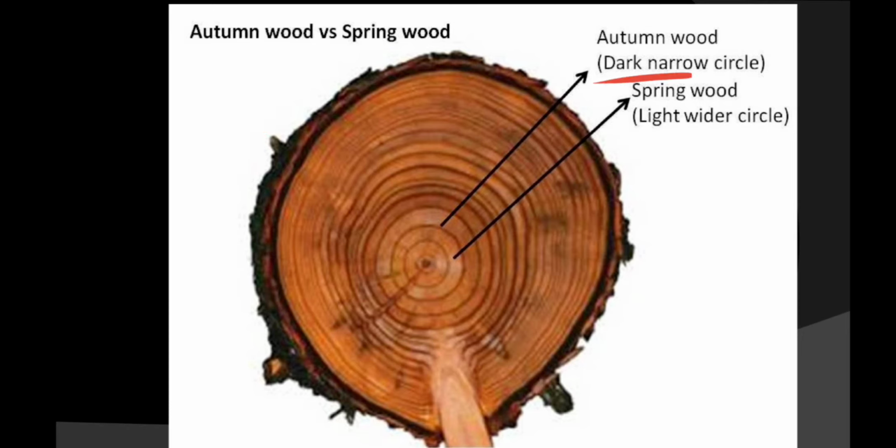So the dark region you are able to see is your autumn wood. But as the spring season comes, the cambium becomes more active and it starts forming secondary xylem with thin wall and more wider lumen. So the wood color is quite lighter. So here you will see light wood is there, dark wood is there, means spring wood and autumn wood. In this way, the spring wood and the autumn wood constitute one year of the plant. So by counting these rings, you are able to identify the age of the plant. Okay, this is about the autumn and the spring wood.